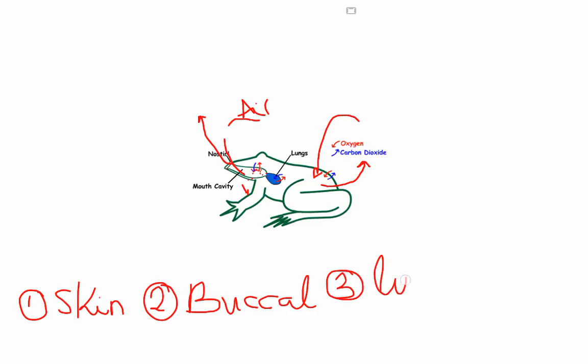The lungs, the third method the amphibian uses, is the lungs. Okay, just the same way it gets air into the buccal cavity, that's the same way it will get air. Once air is in the buccal cavity, it will close off the nostril, the mouth will be closed, it will raise the floor of the buccal cavity. If it raises the floor, the buccal cavity will remain small now, right? Because the pressure will be increased, and then it has raised the floor, so the space within the buccal cavity